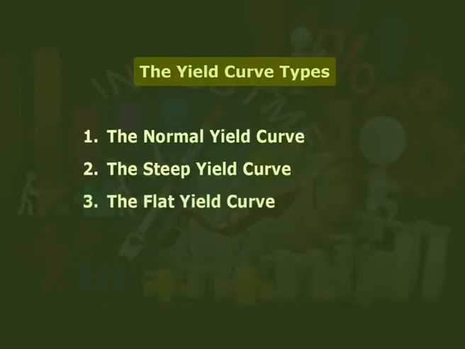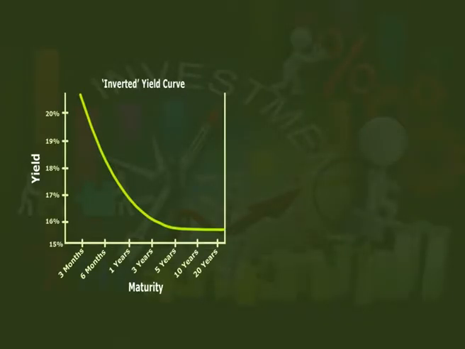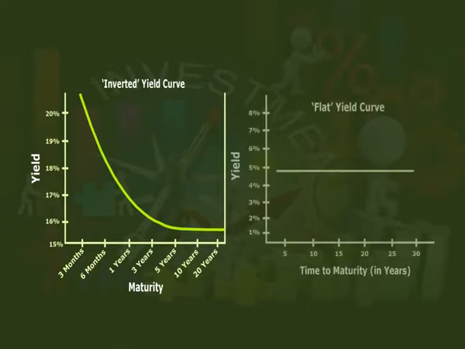Third, the flat yield curve. As the name suggests, the flat yield curve is horizontal. It basically represents that yields of all maturities are close to one another. This is because the inflation expectations have decreased to a point where investors find no time value for money, even if they hold the bond for a longer period of time. Like in the case of the inverted yield curve, when the yield curve moves from normal to flat, this is generally a sign of pending or ongoing economic slowdown.